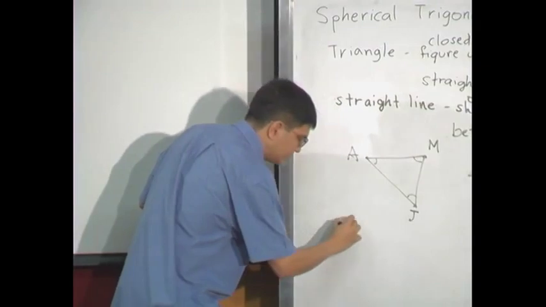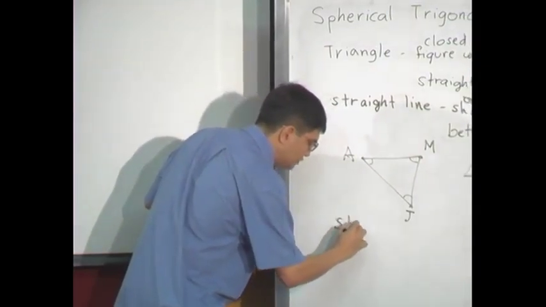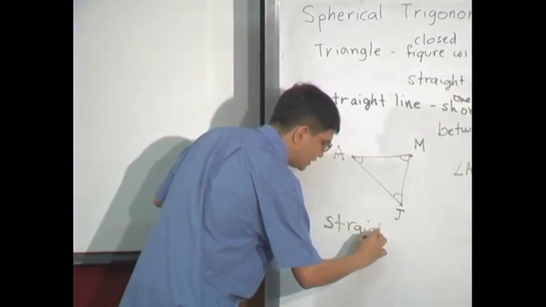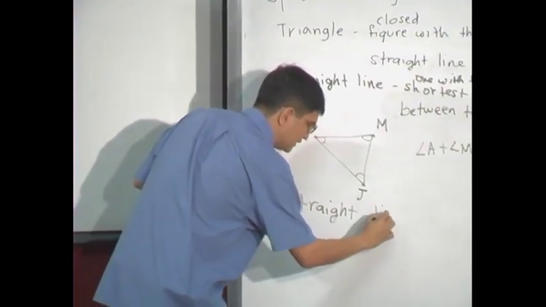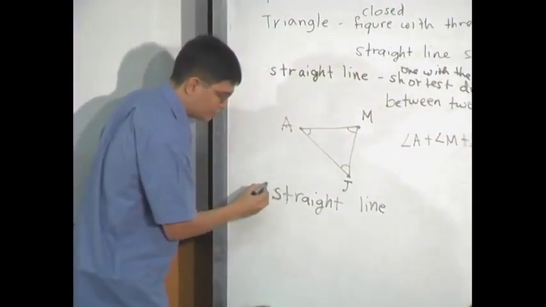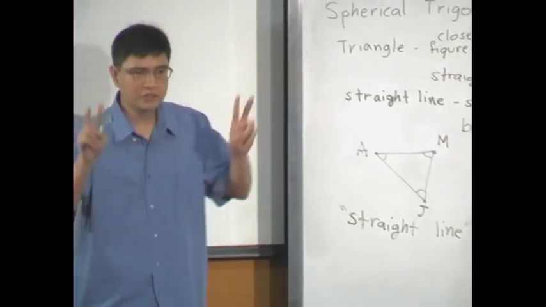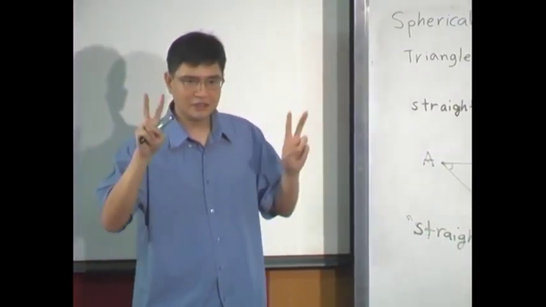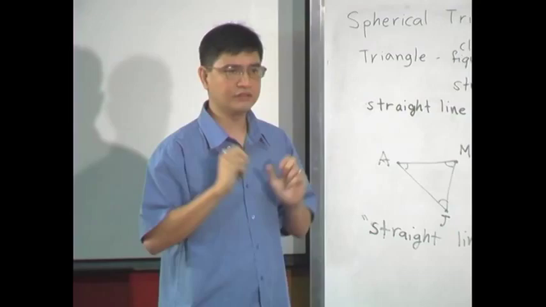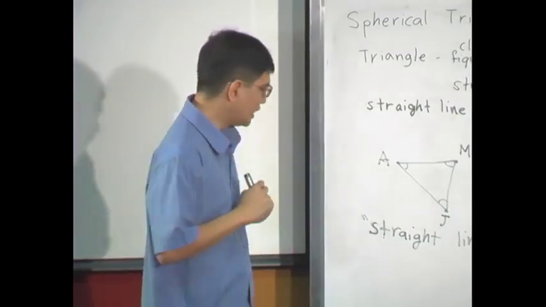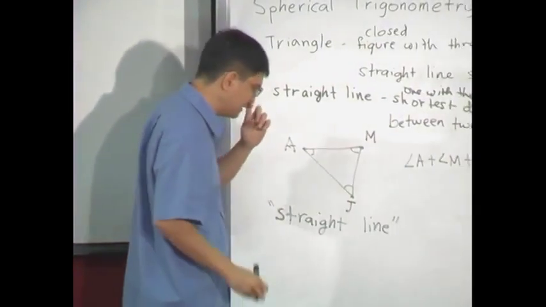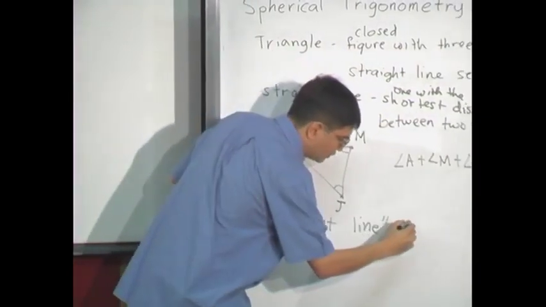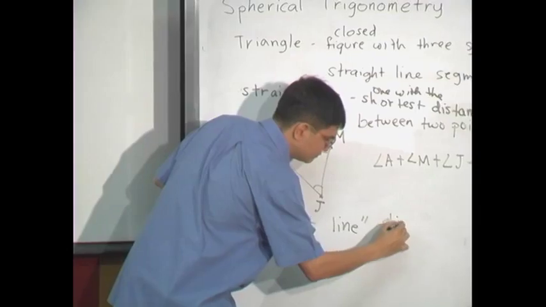And to do that, I'm going to tell you that I'm using a different definition of a straight line. I'm going to use something called square quotes. Or if I don't have a whiteboard, I would do it this way. I would say "straight line." When I do something like that, I'm trying to tell you that I'm using the term in a different way, in a special way. I'm going to define a straight line as the distance from 2 points,